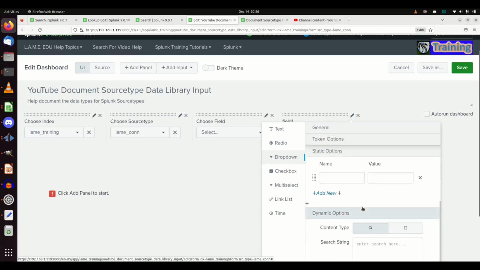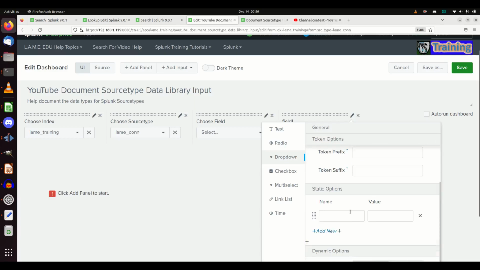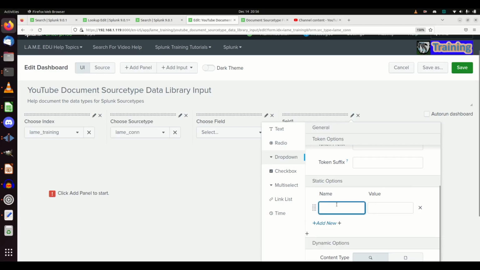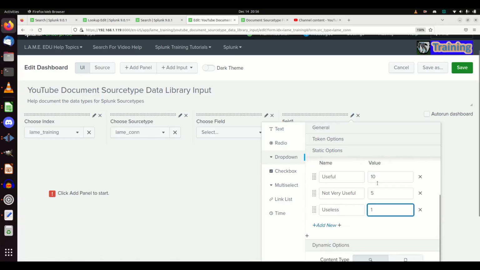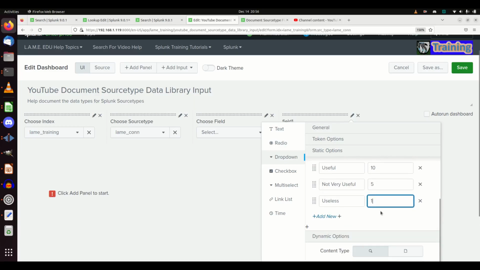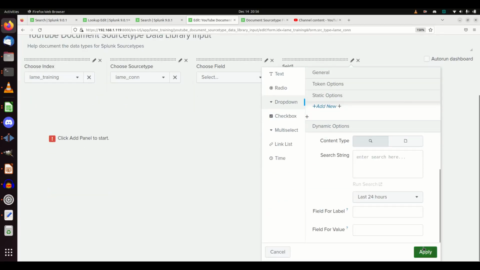So I'm going to come down here. This time I don't have any queries to fill this, so I'm going to put useful. The value will be 10. I'm going to say not very useful. Value is 5. And I'm going to say useless. Value of 1. So I'm given some sort of hierarchical number. The user is going to see these values, but its actual value is going to be these over here. So if I come down here, hit apply,